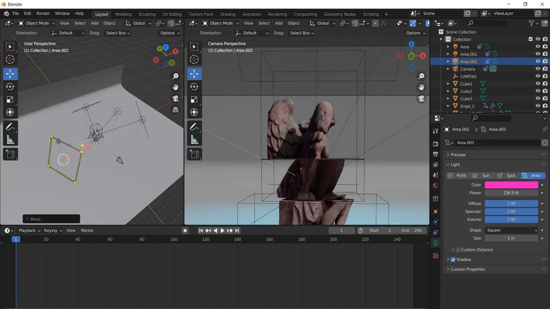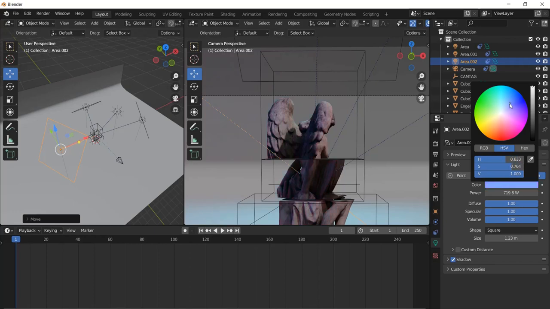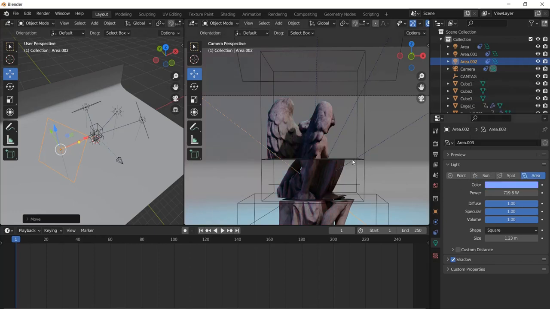So now we have light for this side. We need lights to cover all angles of the statue. There is shadow here, so maybe I increase the light to illuminate that side. You see now. So I increase it to illuminate this side from the right. Change the color to blue. Yeah, blue